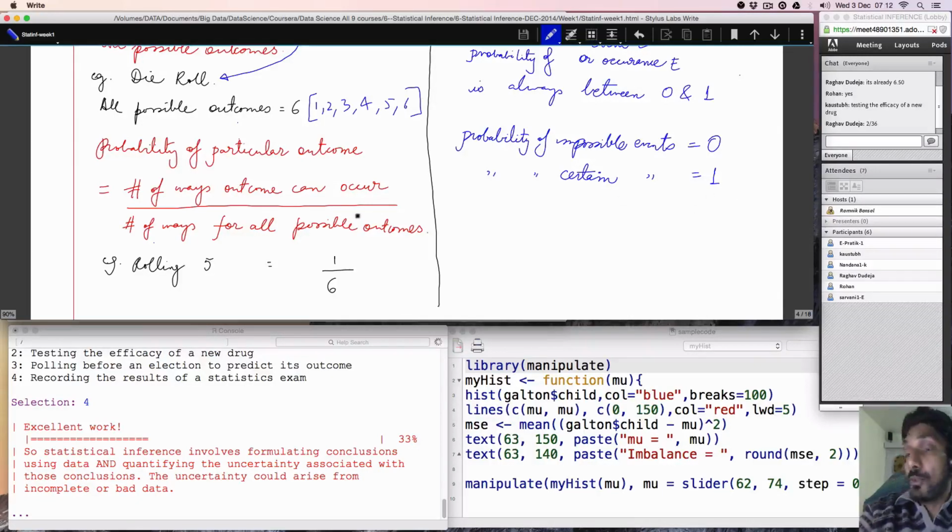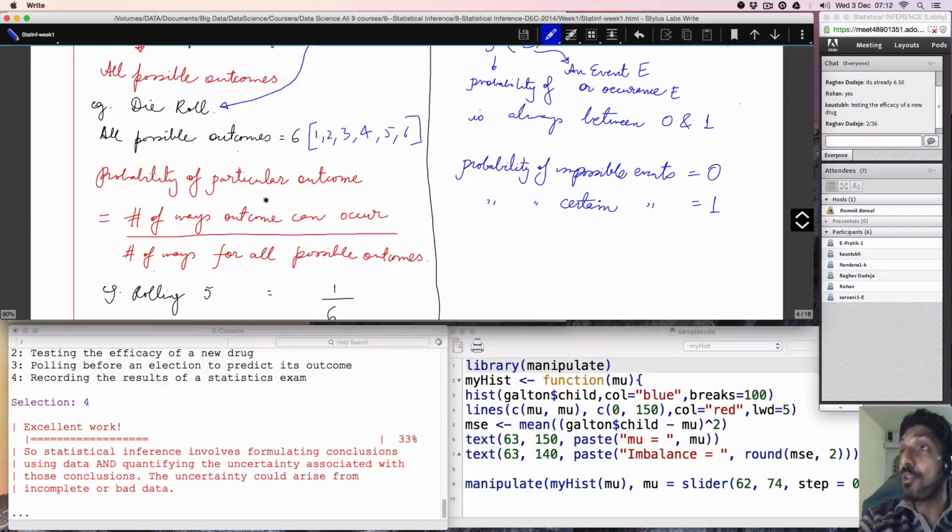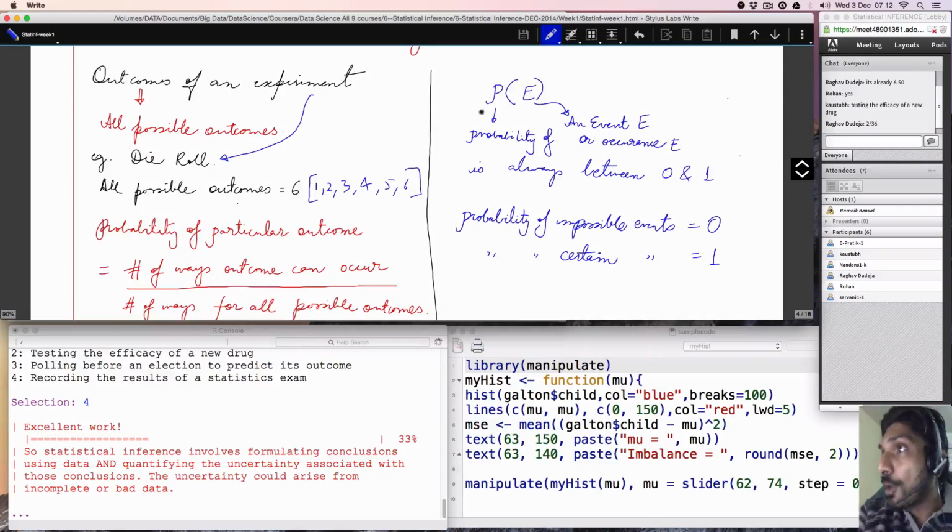Though it's a simple example, I'm giving it in elaborate terms so that you understand the concept behind it. So this is how you calculate the probability of a particular outcome, or not necessarily an outcome. Here, outcome can be used interchangeably with output, or what I am interested in, or a random variable. Now let's call it an event rather. Outcome is one thing; an event is the occurrence of something, right?